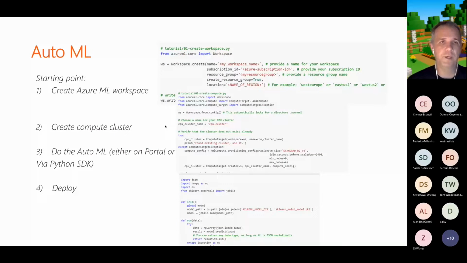With automated machine learning, the process is essentially the same. So what you do is you create a workspace, have it connected to a subscription, and then you create a compute cluster, and then you do your automated machine learning, again, whether through a Jupyter notebook or through the UI. And at the end, you deploy the model. So all this code is essentially, if I were from the infrastructure world, I would say infrastructure as code,